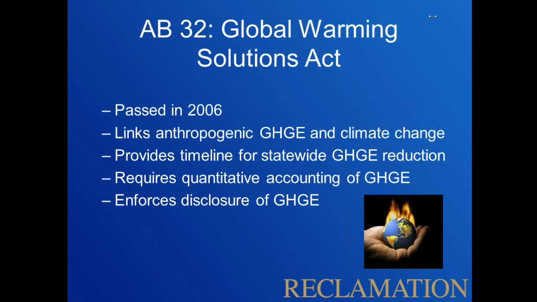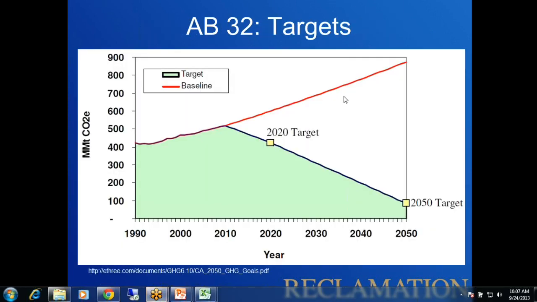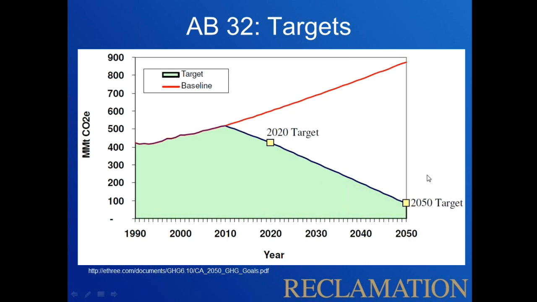Okay, so moving forward. Sorry, getting back to where we were at. So AB 32 has a 2020 emissions target right here, to get us back to our 1990 levels for the entire state. And this is across the board for every sector. And I'll talk more in a minute about what that actually means for the water sector. Now, by 2050, the goal is to be all the way down here to 80% below the 1990 levels. Now, especially for the water sector, that's a really, really lofty goal.